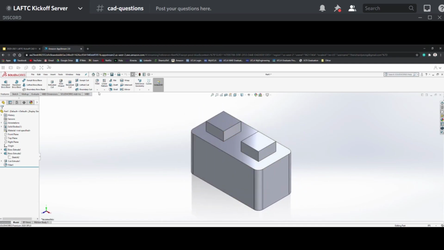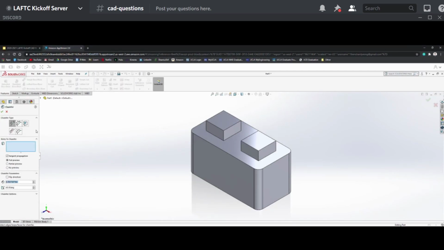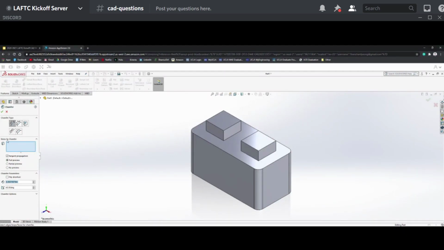And then next up, we want to input a chamfer. A chamfer is basically a diagonal cut instead of a rounded edge. There are different types of chamfers, just like there are fillets, but we're going to use the angle and distance chamfer type. Right now it's highlighted in blue again, so we want to click on